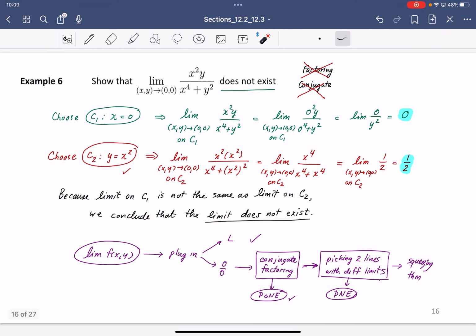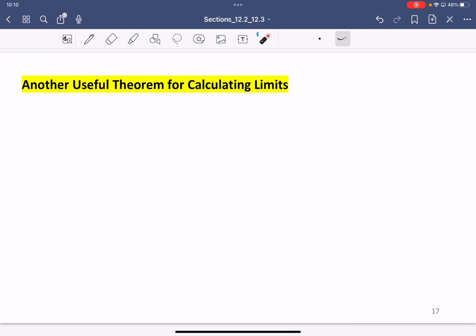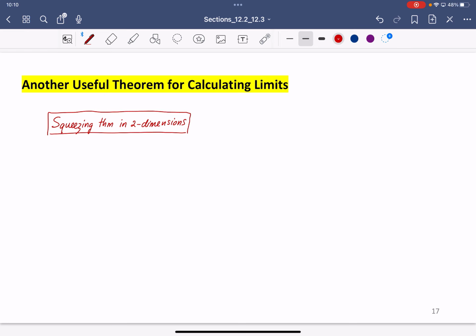Okay. Today we're gonna start from page 17 here. We're gonna learn another useful theorem to compute limits. This is called the squeezing theorem in two dimensions. Let's first see the statement of the squeezing theorem in two dimensions. So the statement of the squeezing theorem in two dimensions is: